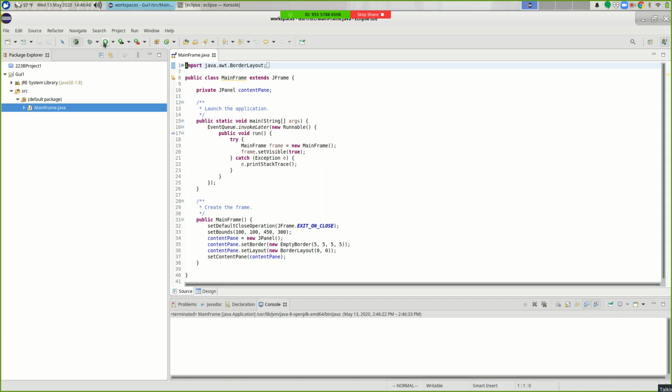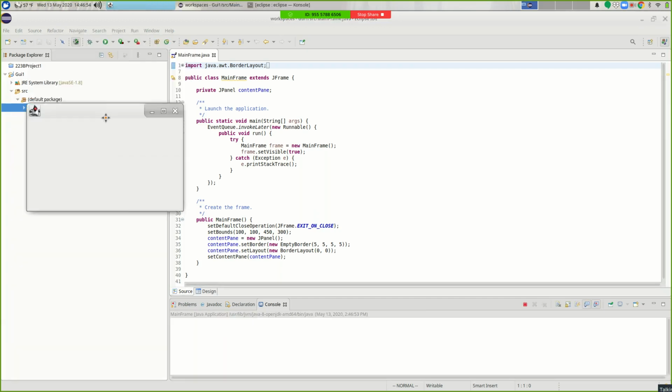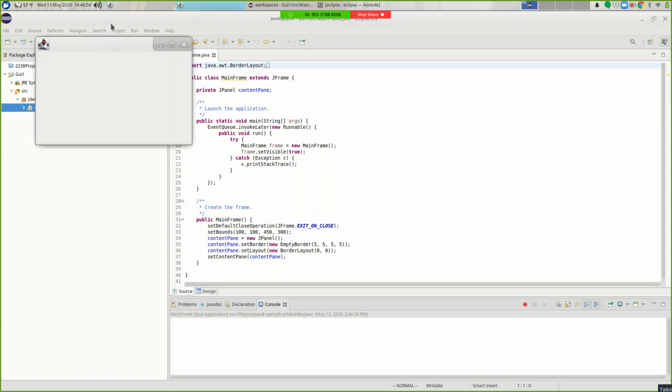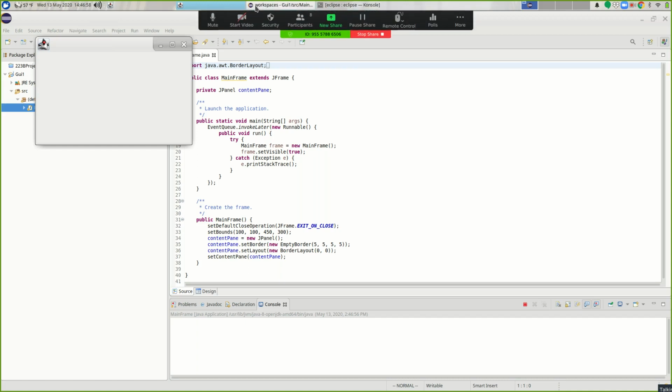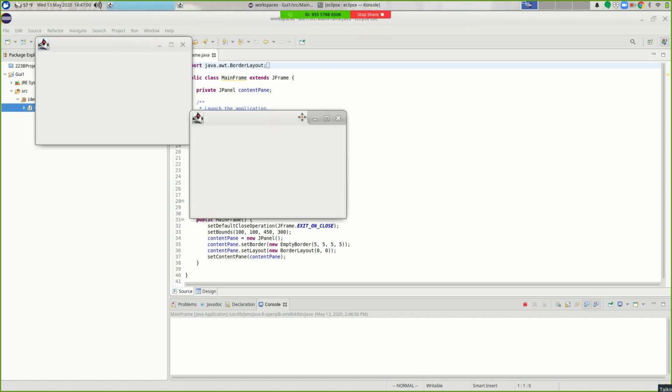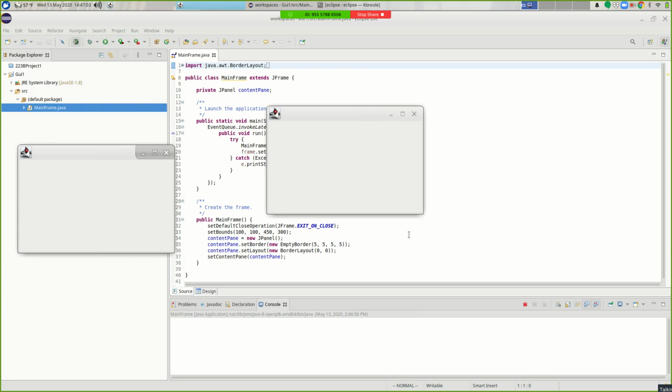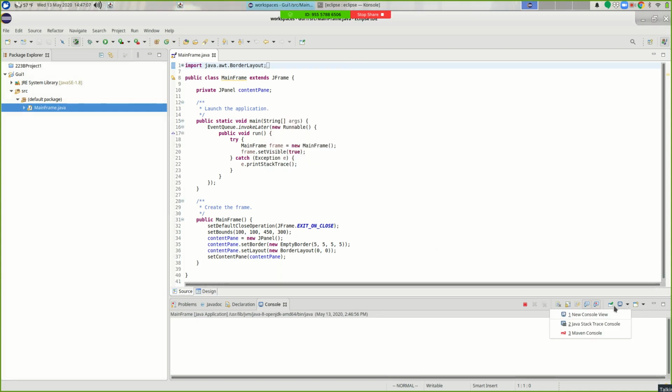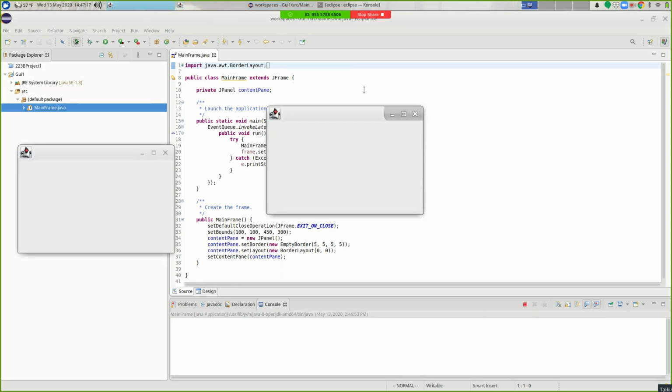And be careful not to run more than one copy of your program at a time. Okay? If I run this and I hit the run button again, I actually have two instances of my program running right now. And if I come down here to display selected console, I'll see I have two instances of mainframe running. Okay, I have this one and that one.